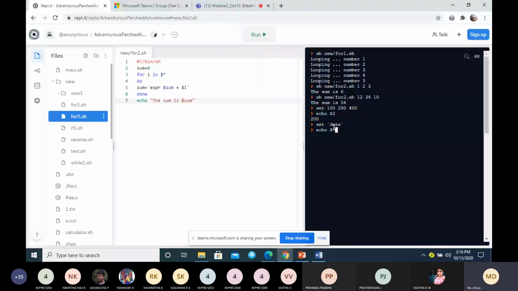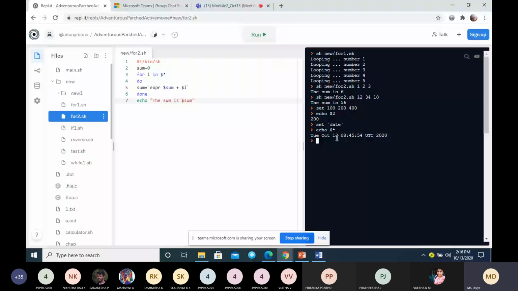Echo dollar star. I'm executing this date command. So here we'll be seeing different date results. It will display the day, the month, the year, and the time. So different values, even today's date, different results will be displayed.